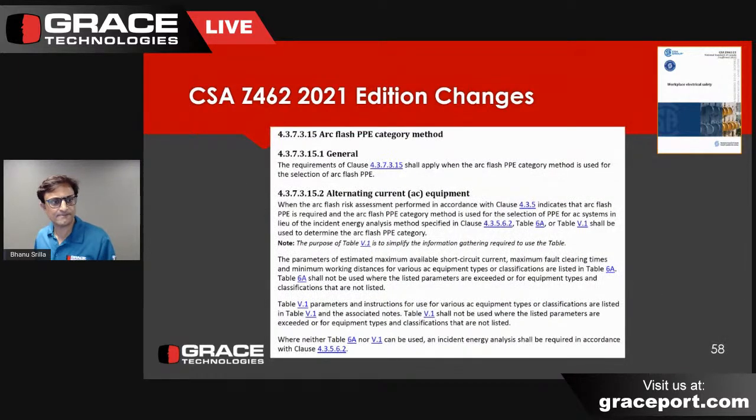But what happened is it added 240 volt single phase electrical equipment. So this is Clause 4.3.7.3.1.5, a 5-digit clause in Z462. The arc class category method recognizes this Table V1 now, right? And it goes, note, the purpose of Table V1 is to simplify the information gathering required to use the table. So the intent was valid, I love it, right? But what happened is